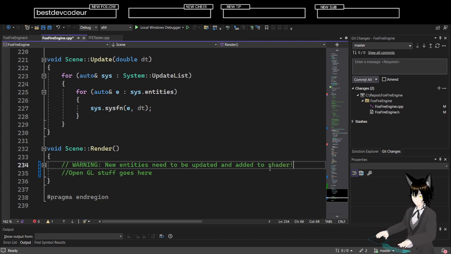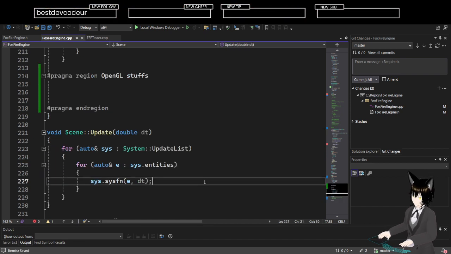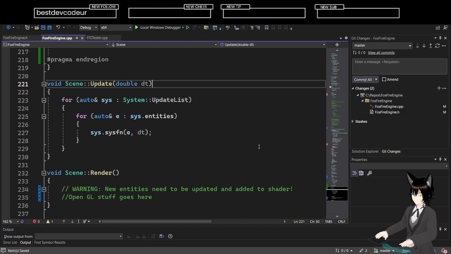Right. And that can be in the update. Like, that can be in the update, but that'll be an entirely different thing, unless it is also handled by